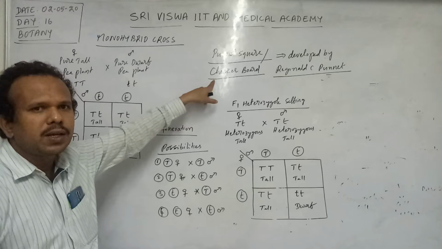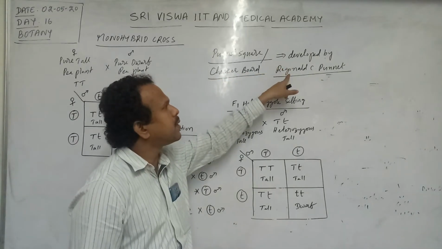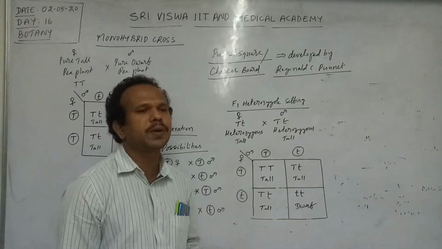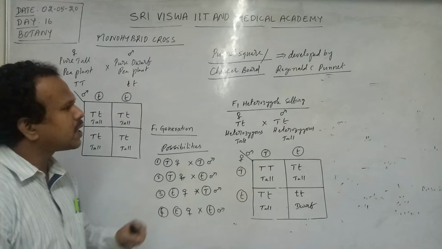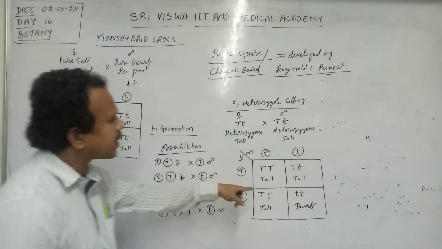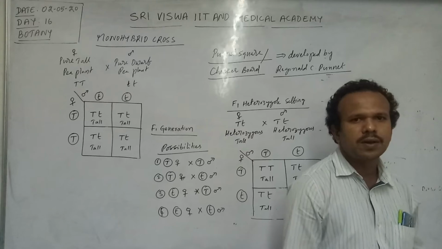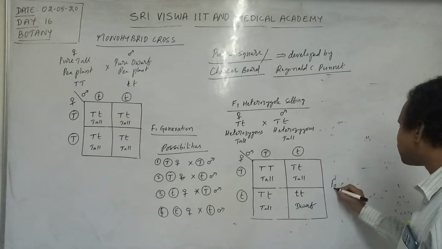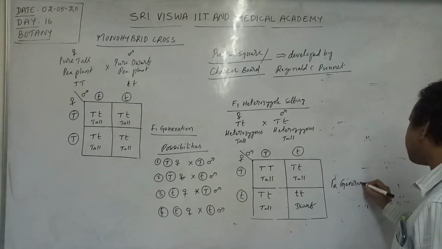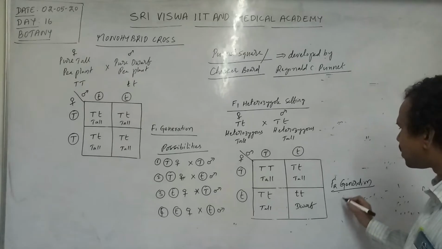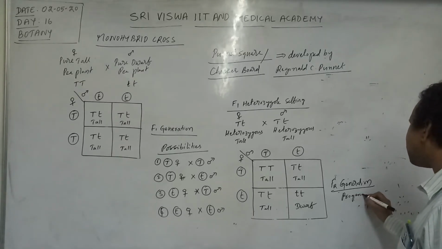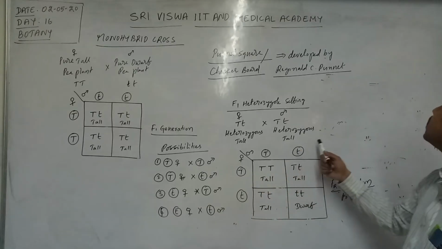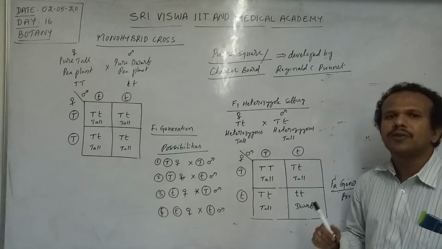So the possible genotypes obtained in F1 and F2 can be represented by using a Punnett square or checkerboard. This mode of representation was developed by Reginald C. Punnett, who for the first time developed it. Then we analyze the different types of phenotypes and genotypes formed. This represents the F2 generation or F2 progeny. Analyze the different phenotypes and genotypes obtained during the F2 generation.